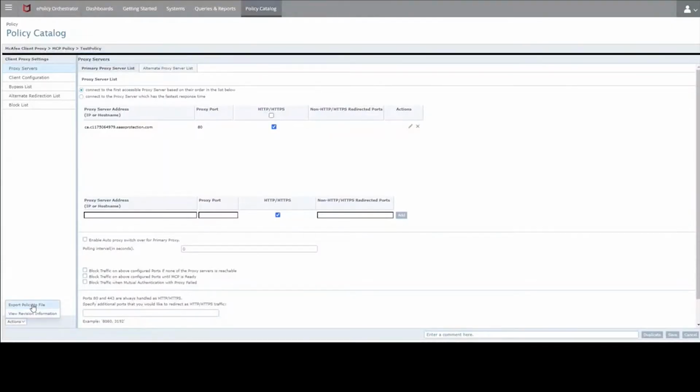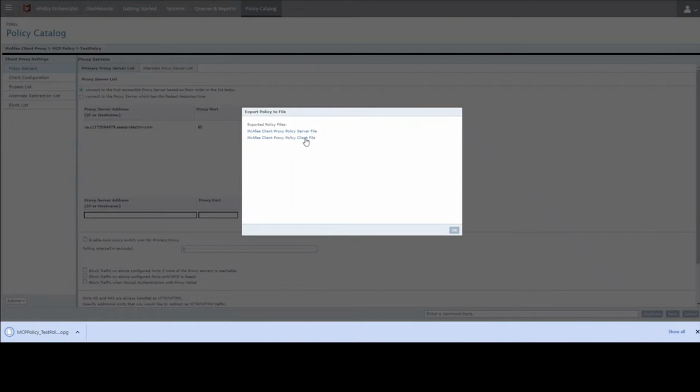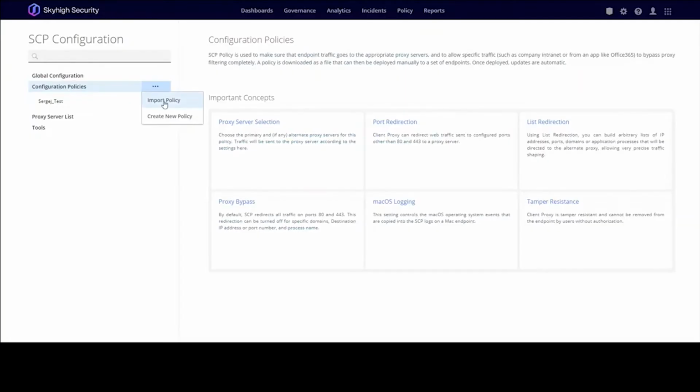Click on action, export policy to file, and choose client file. This will generate a file and save in OPG format. Okay, let's go back. Import policy, choose OPG file,